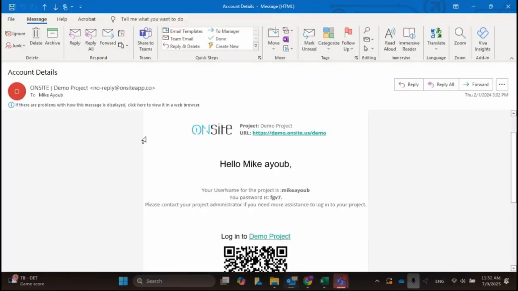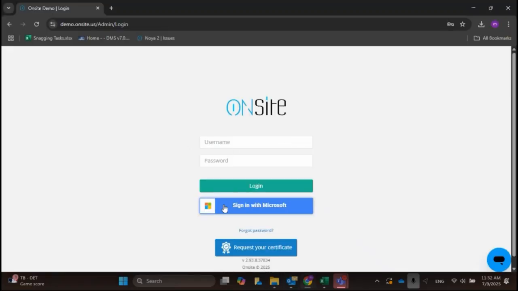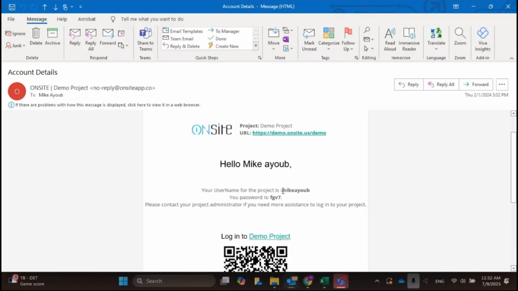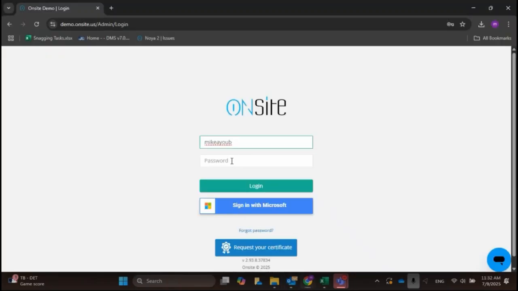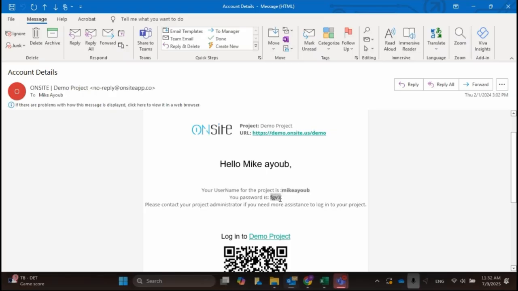When the project admin gives you access to a specific project, you will receive an email notification with your account details. So to access the website, simply click on the URL that is there on the email notification. It will open the login interface for you. Then copy your username and password, which is the first four characters. So do not copy the dot at the end, only the first four digits,